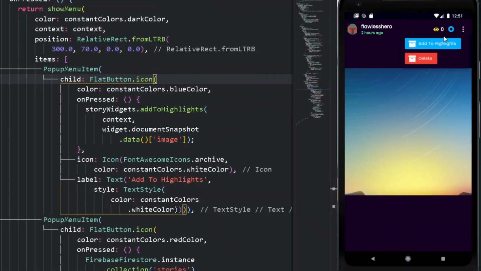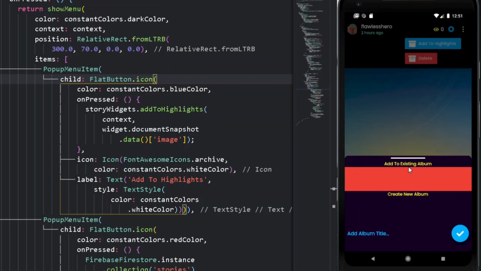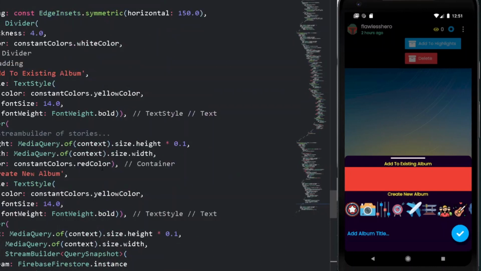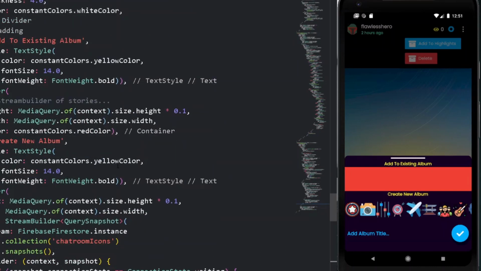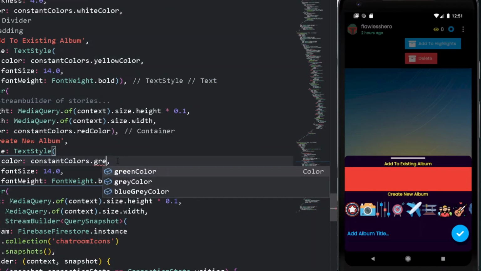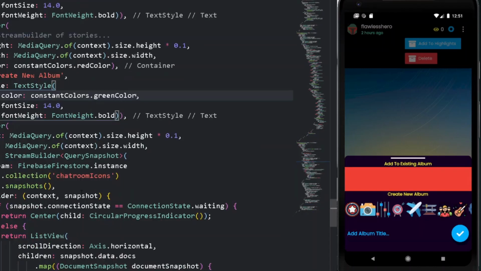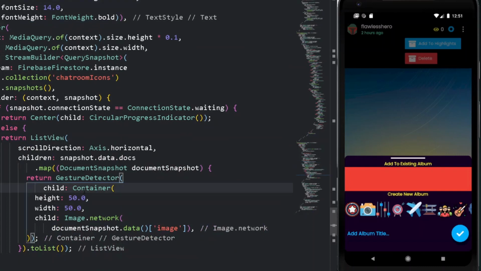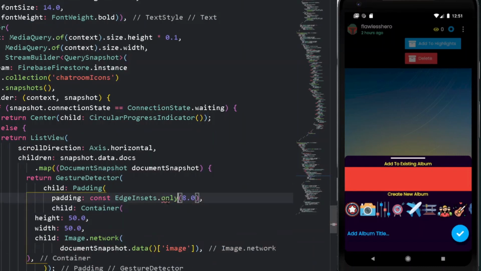After tapping over it, we are getting our entire data here, showModalBottomSheet. So we can come down here, and first of all we can change the color of create new album. So here let's have a new green color, and also for our entire gesture editor, that is under our container, let's have some padding to it from only left, which shall be enough.